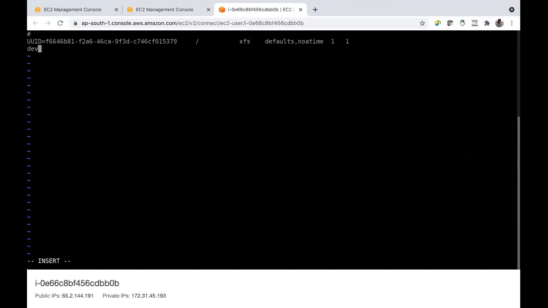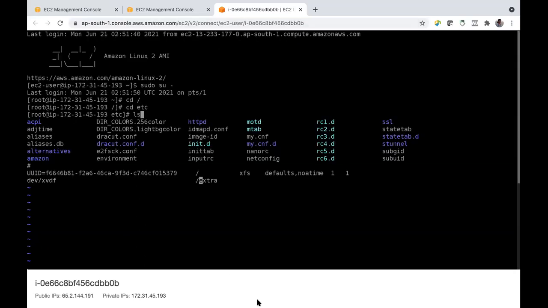That means /dev/xvdf. This is the name. And then mount point. My mount point name, extra volume. Or / is also fine. Let me check whether to use the / or not.